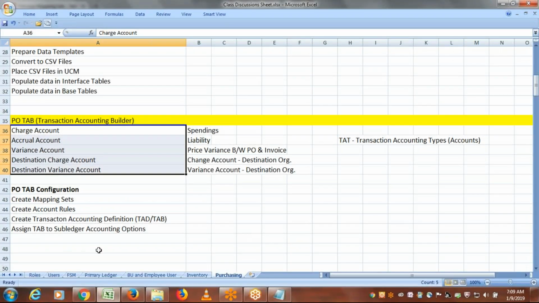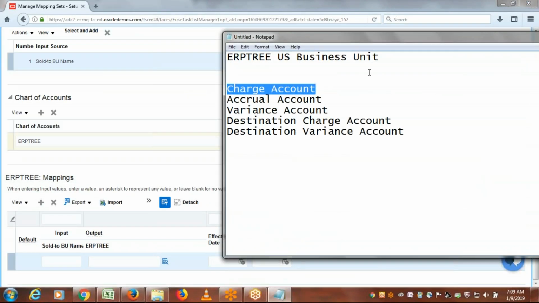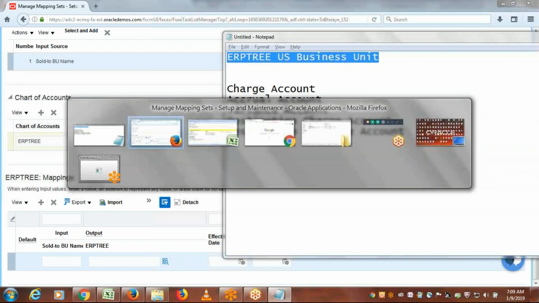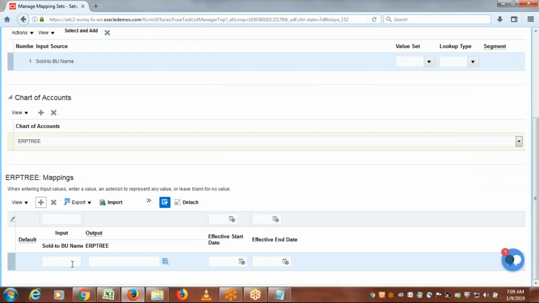So if BU is, you copy and paste here, you cannot select from LOV. Make sure that just you can copy and paste when you are going to deal with multiple BUs. If you are going to write somewhere, it may go wrong. Okay, I'm copying and pasting. If BU is this,